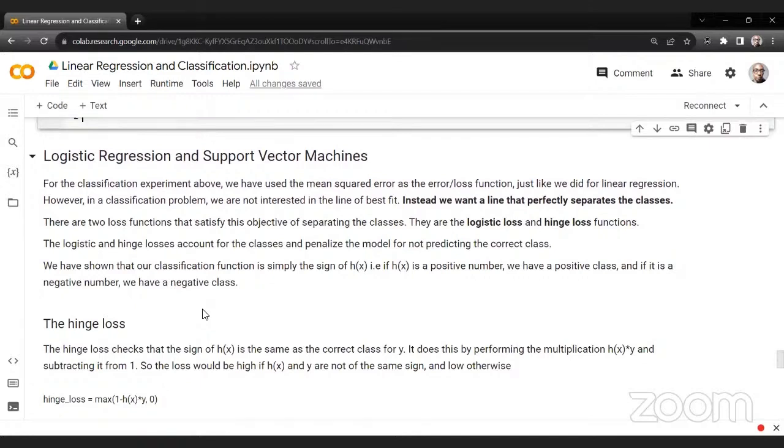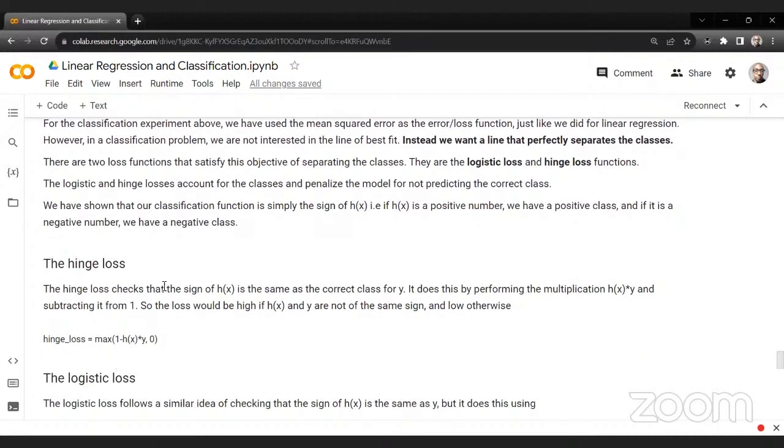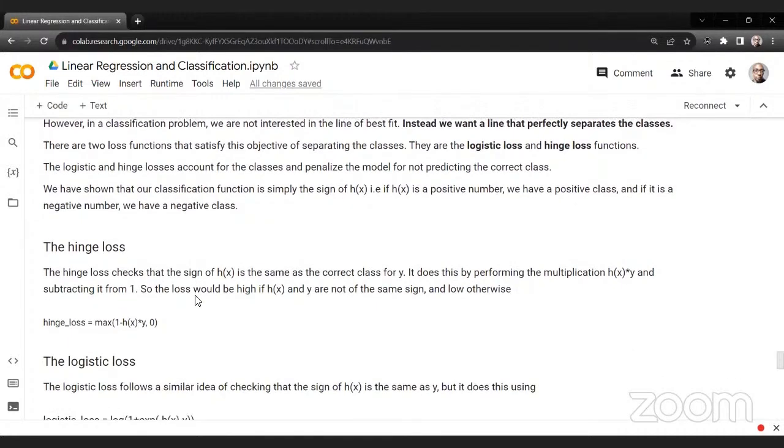We're interested in classifying, like we want a line that divides these points into separate areas. Positives would be on one side of the line and negatives would be on the other side, right? So there's a loss function called the hinge loss,